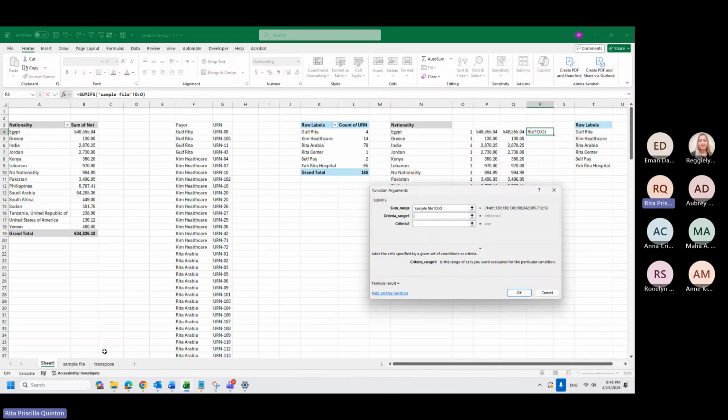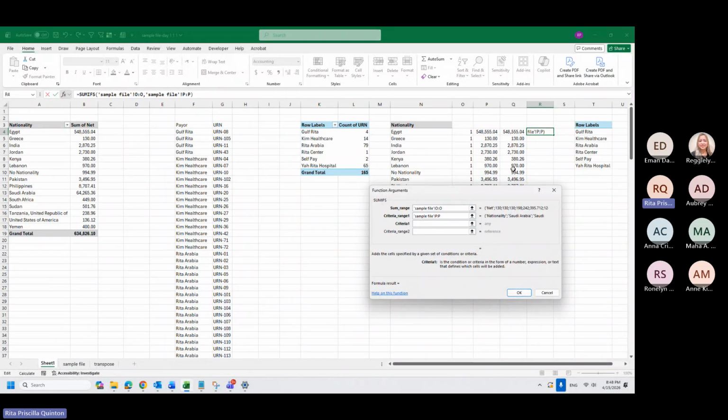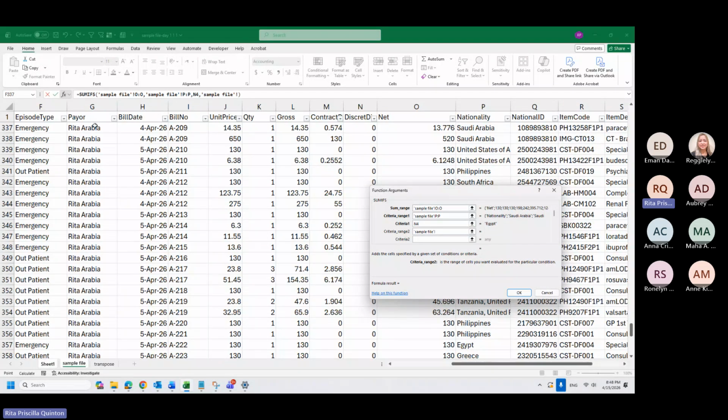My range 1 is the nationality. I click nationality because I want all the nationality with Saudi Arabia, and I will click the criteria as, sorry, Egypt first. Let's do Egypt first. Egypt, and then criteria range 2 now is my payer.